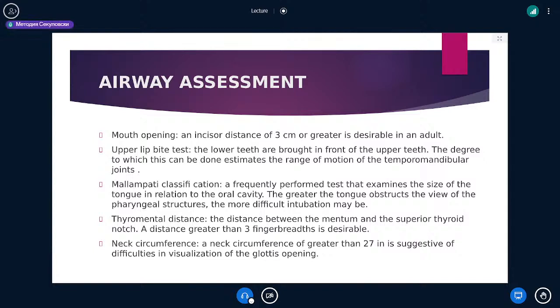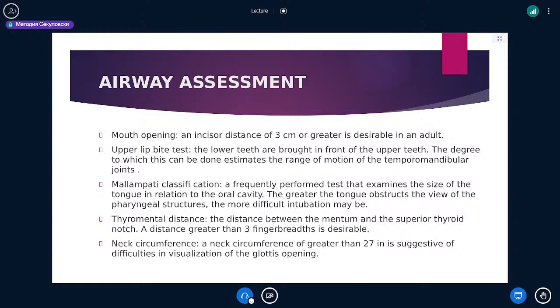You know the Mallampati classification. I told you about this last week. You must know it. It is a frequently performed test that examines the size of the tongue in relation to the oral cavity. The greater the tongue obstructs the view of the pharyngeal structures, the more difficult intubation may be. Thyromental distance is the distance between the mentum and the superior thyroid notch, and a distance greater than 3 finger breadths